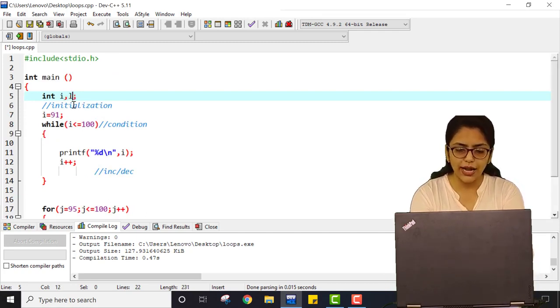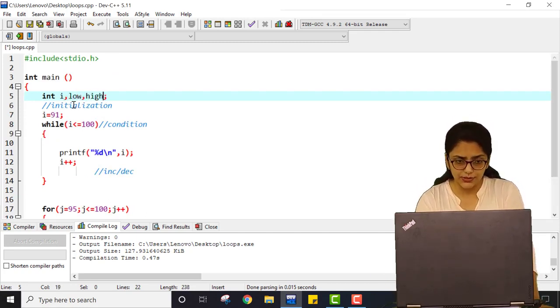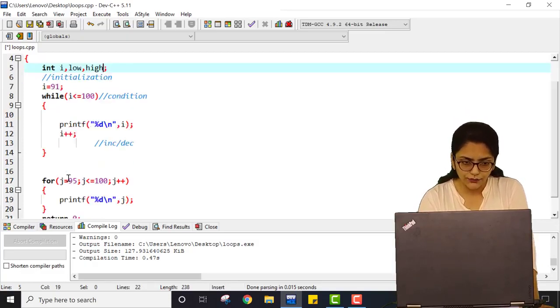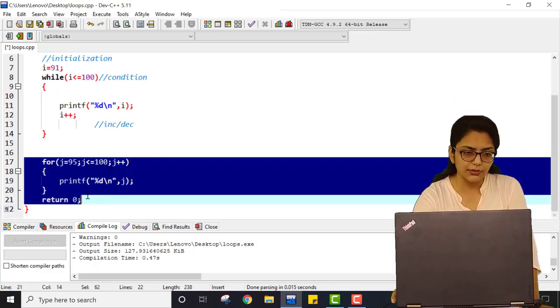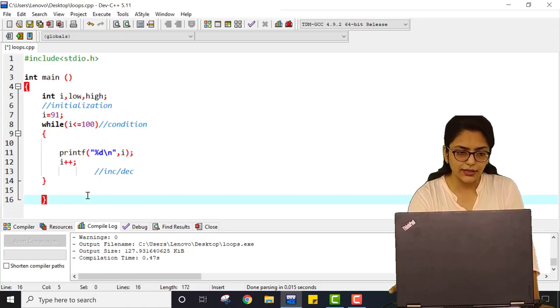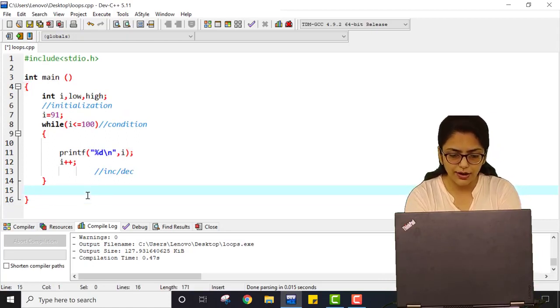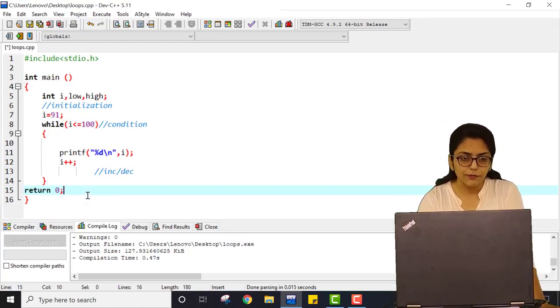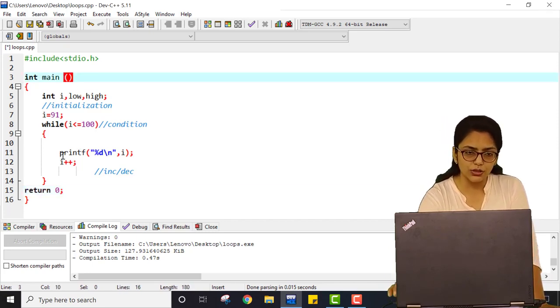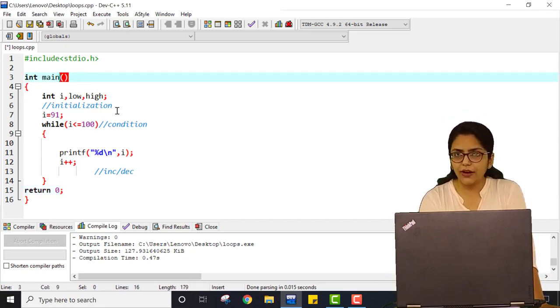Just use low and high. See, these are the names, nothing else. So don't confuse it with them. These are the variable names. So I have taken two variables, and let me just write return 0 over here first. So low is the value which will be entered by user. So for taking value of low and